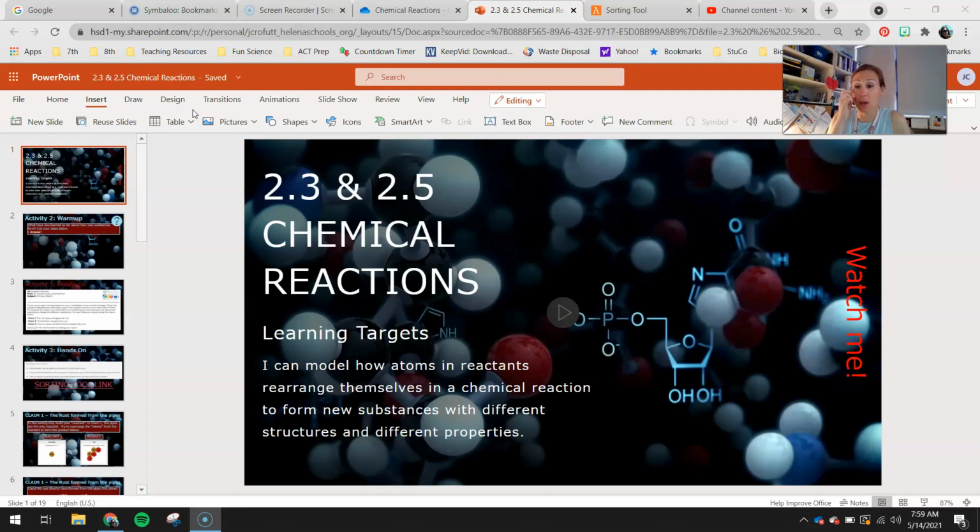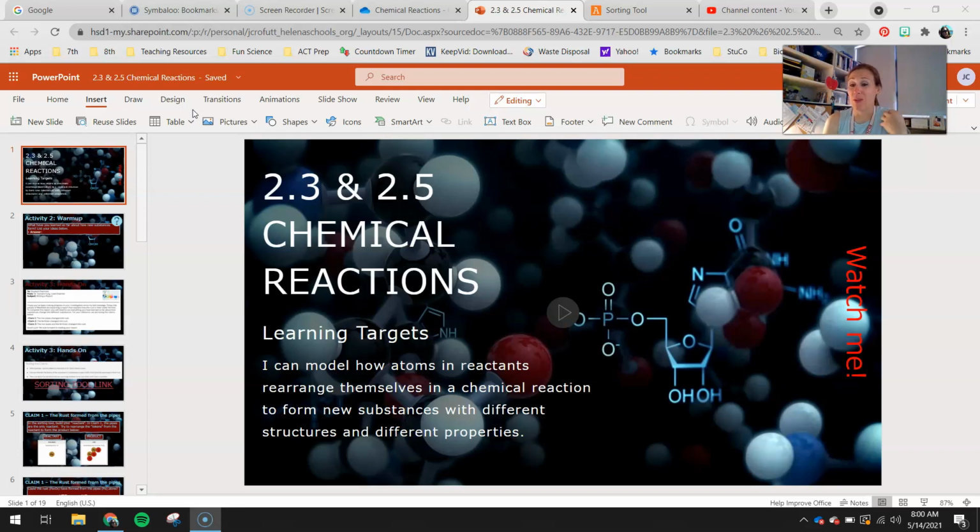So a couple lessons ago we added some new vocab to our OneNote. Product, reactant, and chemical reaction. Those are three really important terms that we're going to use a lot more in this unit, including today. Even just looking at a learning target, you can see reactants, chemical reactions, and products, okay? So when we're talking about chemical reactions, and we'll start digging into this a little bit more,